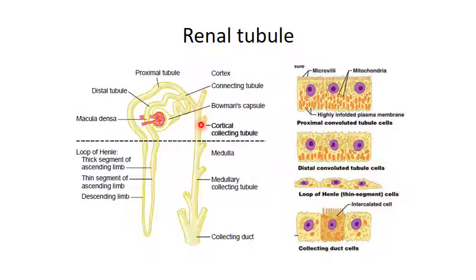Then from the distal convoluted tubule, glomerular filtrate enters into collecting tubules. Then these collecting tubules from different nephrons gradually join each other and they enter into a collecting duct. And then several collecting ducts join with one another and eventually open into the minor calyx. The renal tubule is the structure of the nephron which is responsible for the processes called tubular secretion and tubular reabsorption.